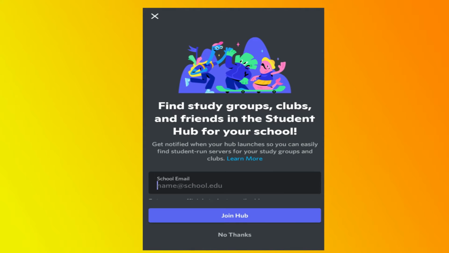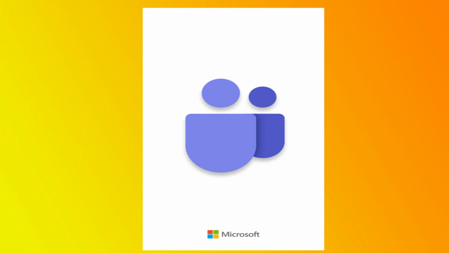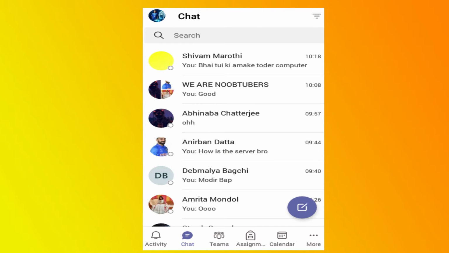Now, after this, this type of interface will come. This is the actual Discord interface. Now you will go to our YouTube channel, this video description, but I will not go to YouTube now because we have not uploaded this video. So I will go into my Teams app, where I have the link because it is not uploaded till now. Till that time you can go to YouTube and search, and you will go to our channel and you will get it.